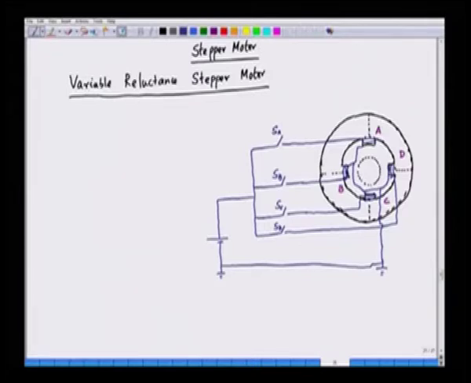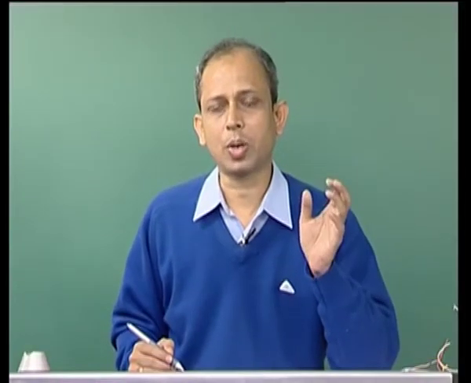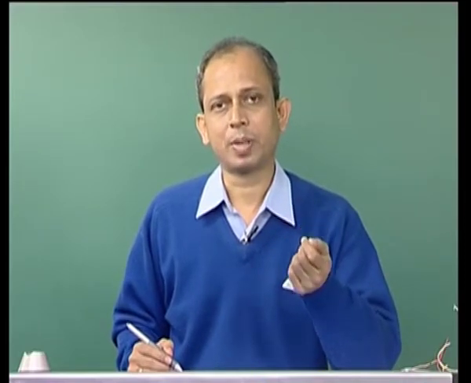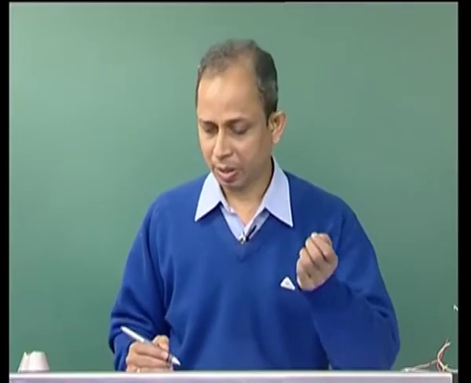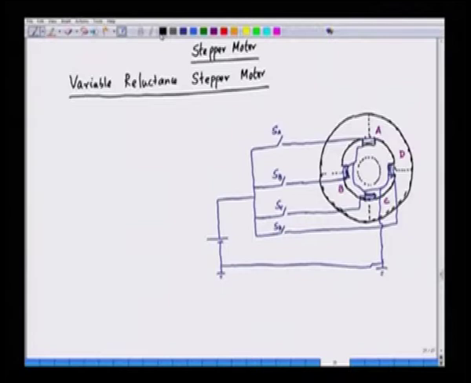And what about the rotor? The rotor is also a salient pole structure. Rotor also has slots and teeth. Now, here we will consider a two pole rotor having only two teeth. So, in this case we have the rotor in which we have only two teeth. One is like this, and the other one is like this. So, the rotor has only two poles. For simplicity of understanding, we have shown this as two pole. So, the rotor is here. So, we have the stator in this case, and this is the rotor,